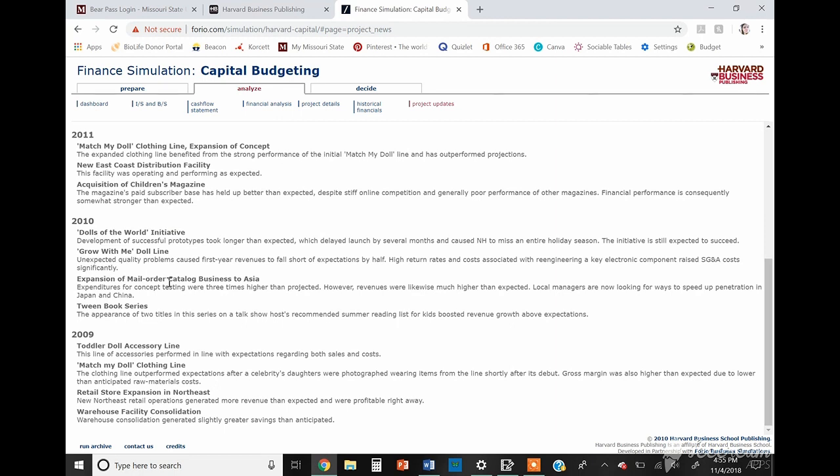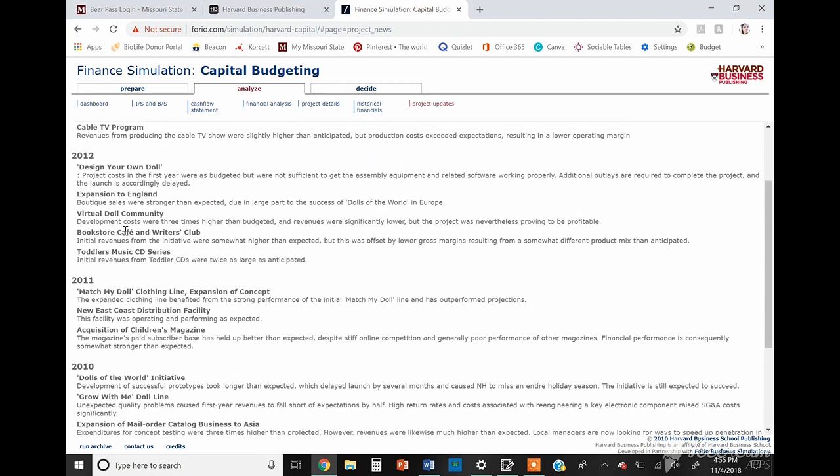Well, one is retail and one is production. Retail and production often do go together because your products, production, are what you're selling in retail. I chose these projects because as we're becoming more inclusive with where our business is at, we want to be more inclusive with what our products are that we're selling. This came into play again 2 years later, in 2012, when we expanded to England, and the dolls there also played into the Dolls of the World initiative.